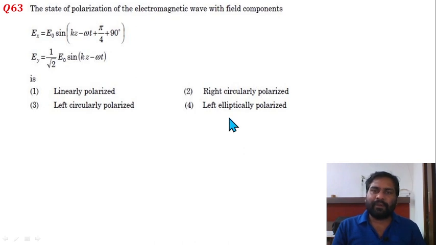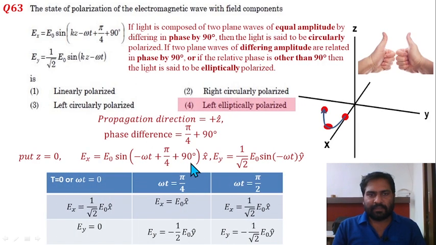And how do we find whether it is left or right polarized? For that, see this is propagating in the plus z direction. When kz and omega t both have opposite signs, it is traveling in the plus z direction. Now find the magnitudes of Ex and Ey. Put in the values. First take z equal to 0. The wave is moving in that direction and it is not going to change anything. To find the effect of time, put the time value such that omega t is equal to 0. In the first case, t equal to 0, we get the Ex and Ey components equal to 1 by square root 2 E naught x cap and 0.